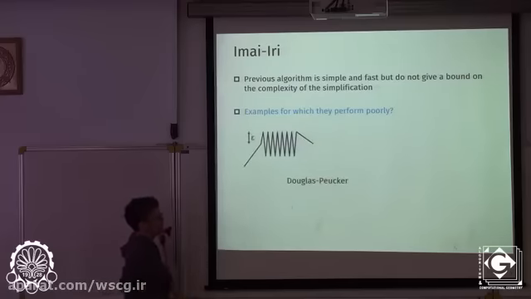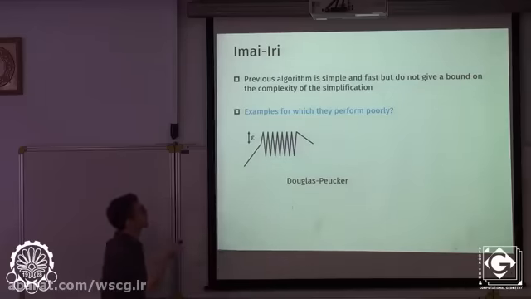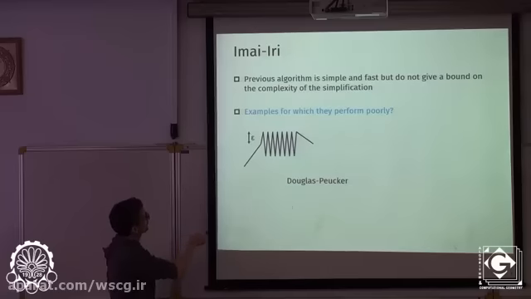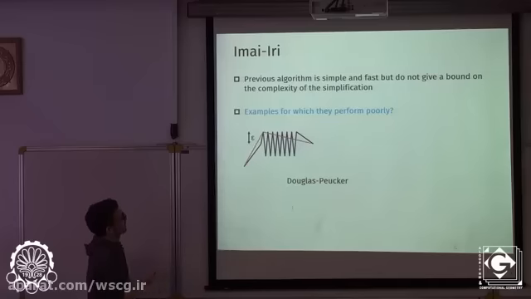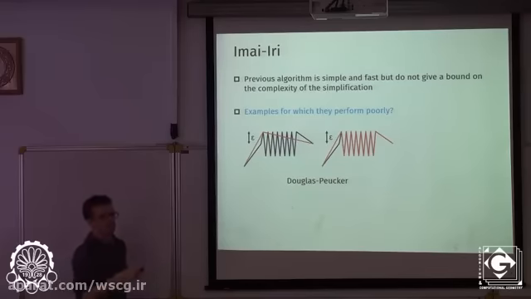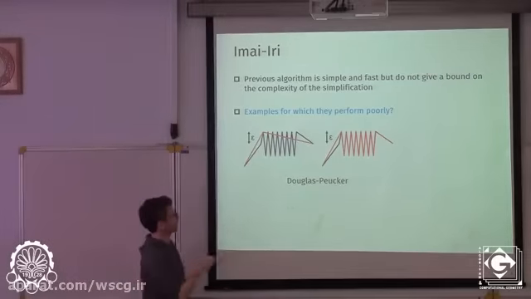So if this is my input trajectory, it goes up here, wiggles, goes back, and this is my epsilon, then what the Douglas-Peucker algorithm will do is look at this segment here and find the point that is furthest, here, and now recurse. So this part is already fine, but in this part now the furthest is here, and then there, and then here, and so the simplification will be this, which has complexity n-1,